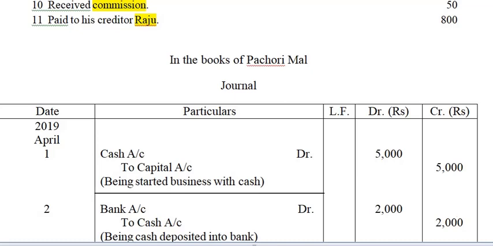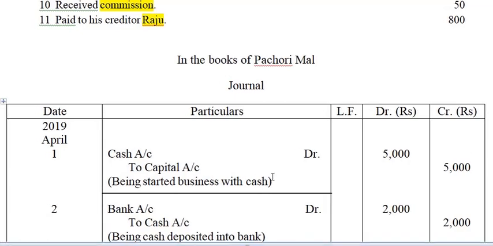So this is your journal entry. Always remember that the extreme vertical lines lying towards the extreme corner of your left hand side and the right hand side, no need to make these. It's just a wastage of time. But since I'm doing it in the computer, it is like this.